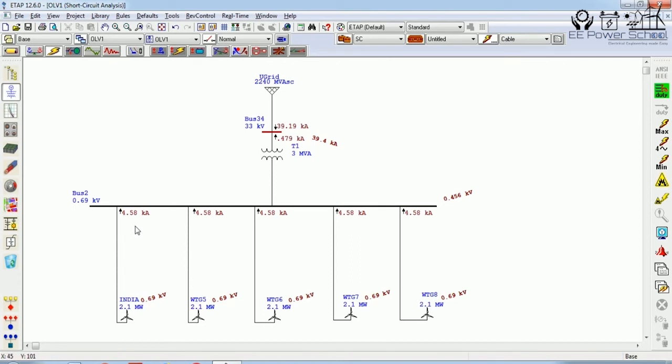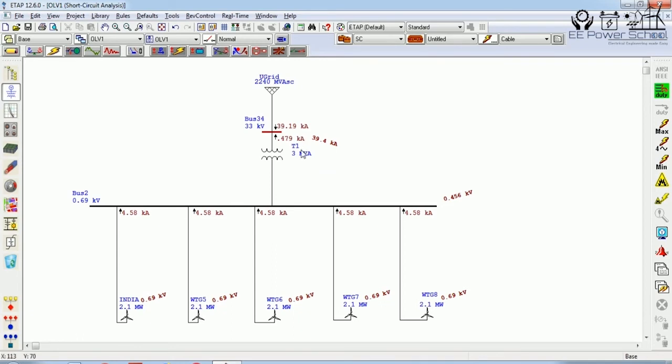Now the same 13.48 kiloampere current was contributing for the fault at bus number 2. Now that we have created the fault at bus 34, the distance from the wind turbine generator has increased. As the distance increases, the fault current decreases. Here the short circuit current is 4.5 kiloampere, of which 0.479 kiloampere is contributed by the wind turbine generator, and from the grid side it is 39.19 kiloampere, which overall is 39.4 kiloampere.